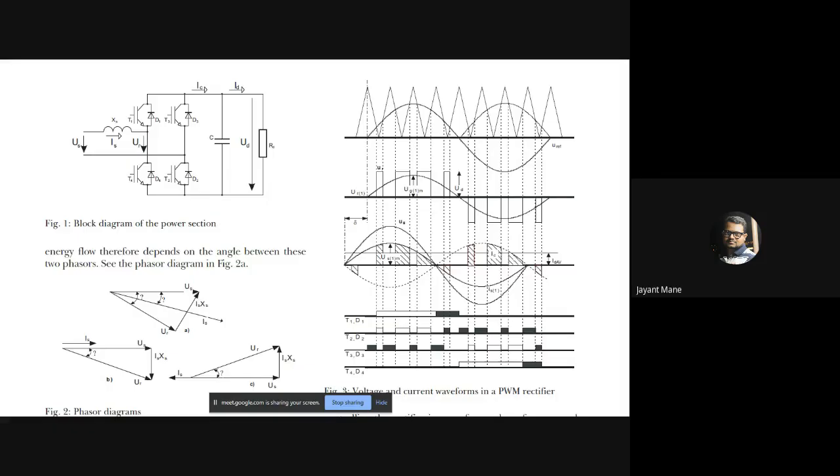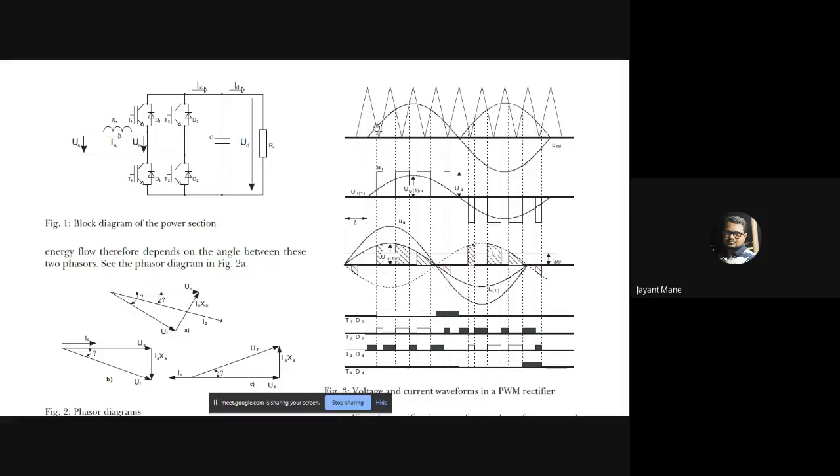So in this way, this rectifier works. Now to generate the pulses, the gate signals, see what is done. To generate the gate signals, we want this variable pulse width. How to get this variable pulse width? To produce this variable pulse width,